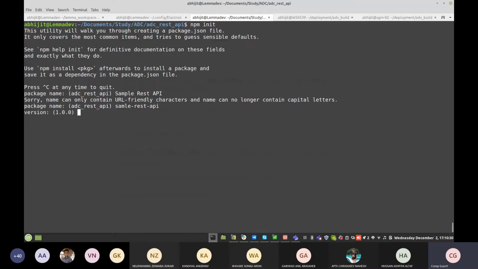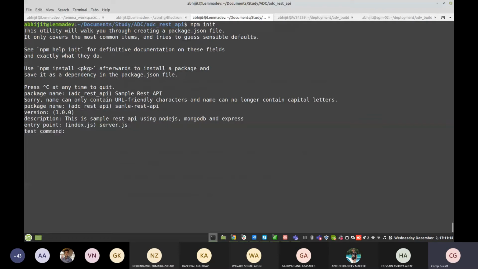Version, that specifies this is my first version. Description: this is a simple REST API using MongoDB, Express, Node.js. Okay, entry point: we can specify our server.js that should run your server. The default is index.js, but we have created server.js.